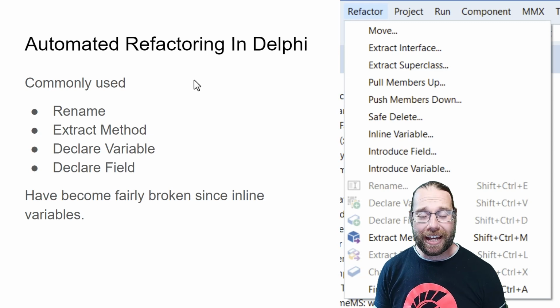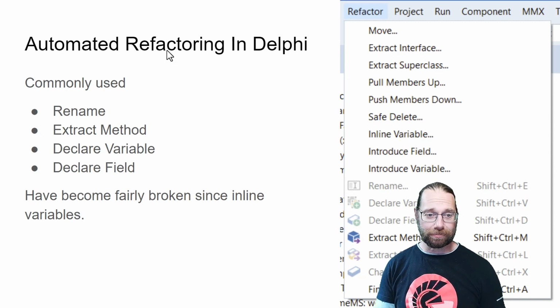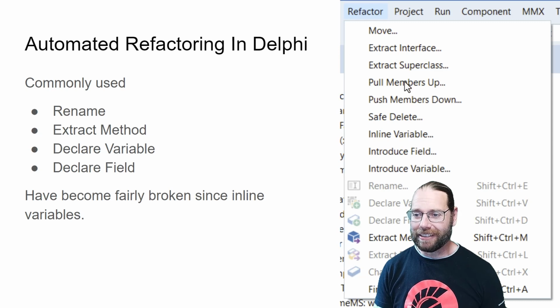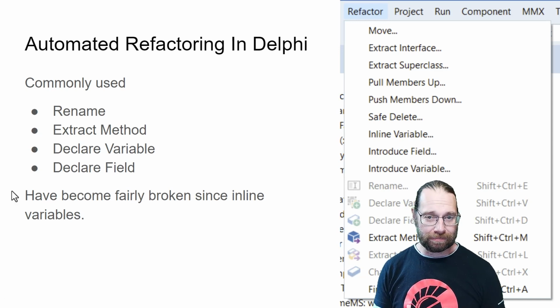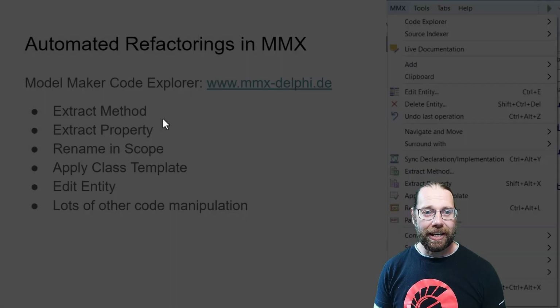So in Delphi, there are quite a few automated refactorings. Let's have this menu here, and I typically use rename, gets used all the time, extract method quite frequently, declare variable, and in fact, mostly I use the keyboard shortcuts, and I've been using a lot of Delphi XE8 lately on a project, and I've been using a lot of these shortcuts. But since inline variables have become a thing, it's broken many of these refactorings, which is why I have mentioned